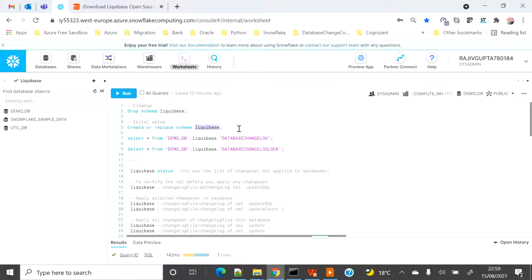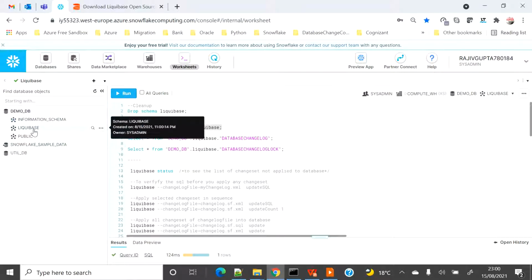So I will create a new schema so that I can create all the objects inside it. You can see I have just created a schema, and if I refresh, I'm not sure if it is created or not. Okay. Under DemoDB, you can see there is a schema called Liquibase. As of now, there is nothing inside this.